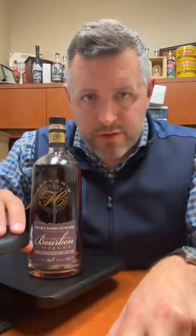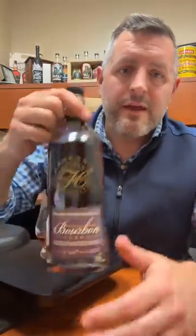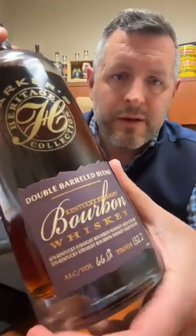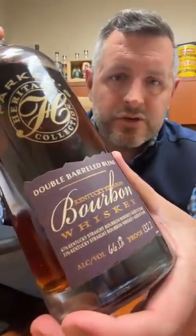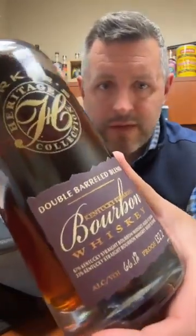And then I would also be interested in trying this as like an old fashioned, where you're sort of artificially adding the fruit and the sweetness to it. So we'll just see. But anyway, that is Parker's Heritage Double Barrel Blend, 16th edition, 2022, 132.2 proof, massive oak